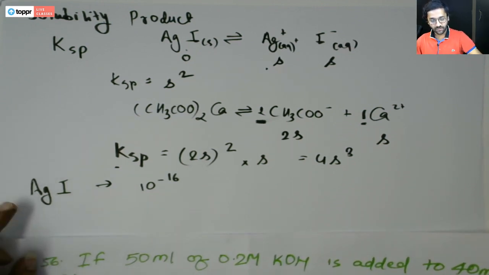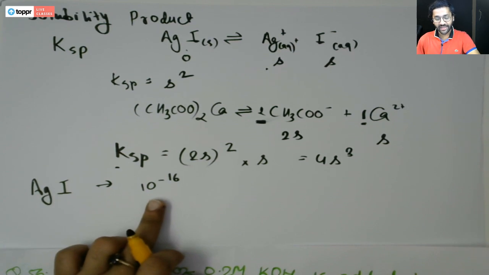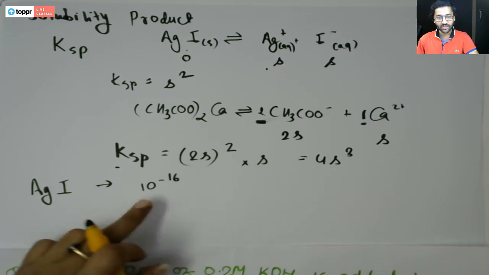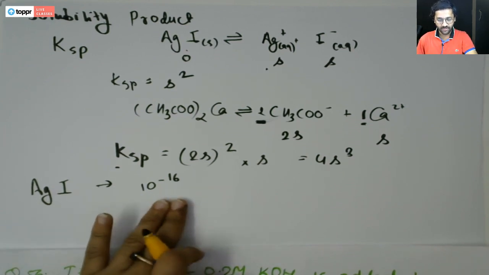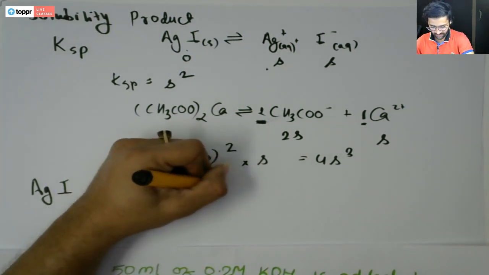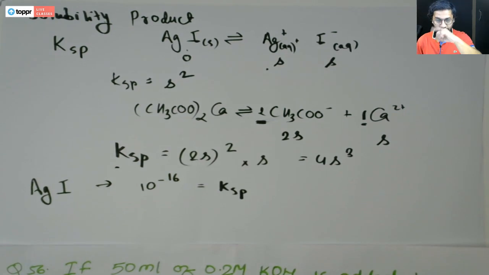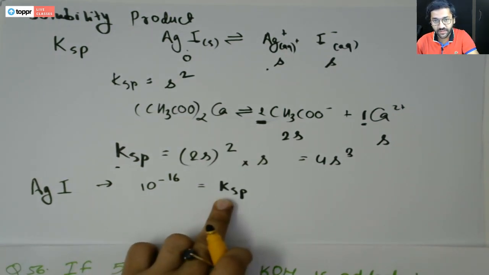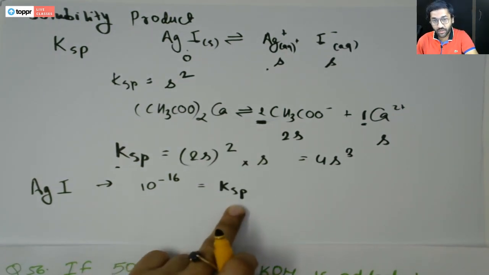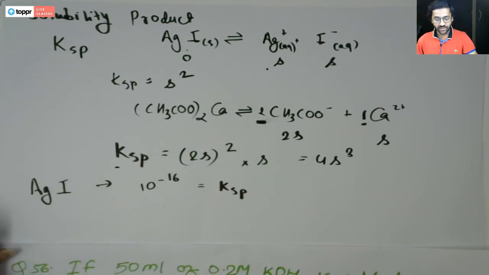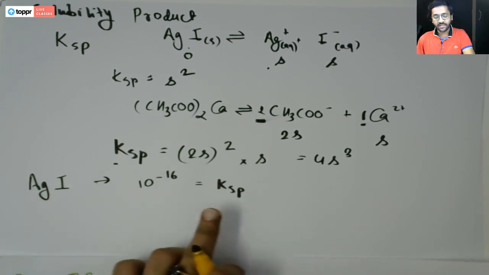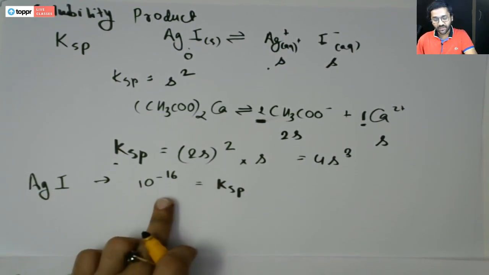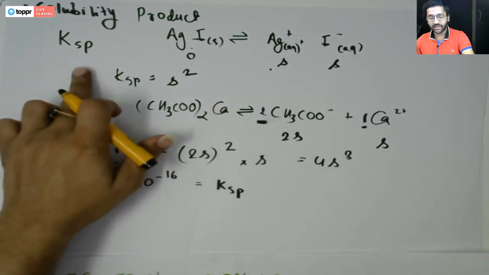Alright, so if I have the solubility of AgI, can I individually calculate the solubility of Ag and the solubility of I? What we are given is Ksp. So Ksp, being an equilibrium constant, the solubility product constant, will not change throughout the whole process. So for AgI, that is 10 to the power minus 16. From this I can easily calculate